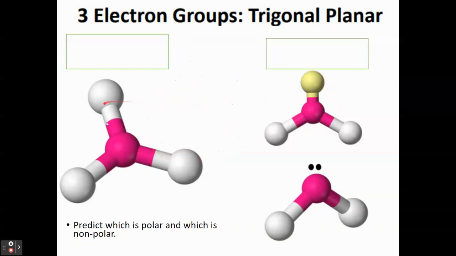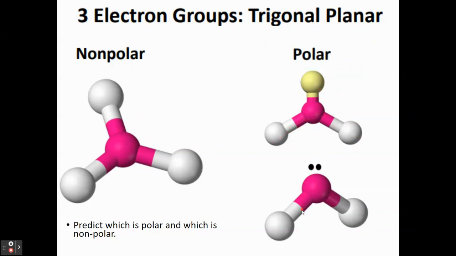If we take a look here, let's see if we can predict which one's polar and which ones are nonpolar. So if we look here, they're pulling in with equal forces since it's the same atoms and there's no lone pairs, with equal forces in a symmetrical way, and this would make this molecule nonpolar overall. Here we do have three atoms in a similar arrangement to here, but one of the atoms is different. So it's possible that these two are pulling with greater force compared to this one, and as a result, that's leading to a polar molecule. Here we have two atoms pulling, or they might be going in this direction here, doesn't really matter. But the point is that this molecule is no longer symmetrical because of the lone pair here,